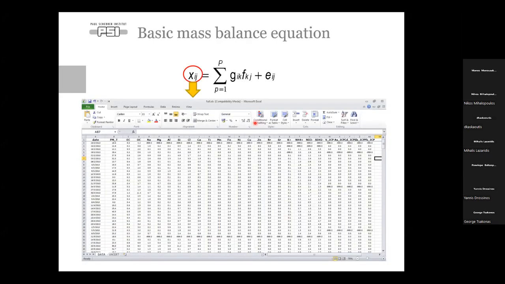So X, as we discussed, is the chemical composition dataset. To apply a receptor model, we need some type of chemical composition dataset, like this one, for example, here. And this can come from any instrument, and it can include any component of PM. It can be based on the organics. It can be a combination of different instruments or techniques. So whatever refers to information about the chemical composition of PM can be used for receptor modeling.